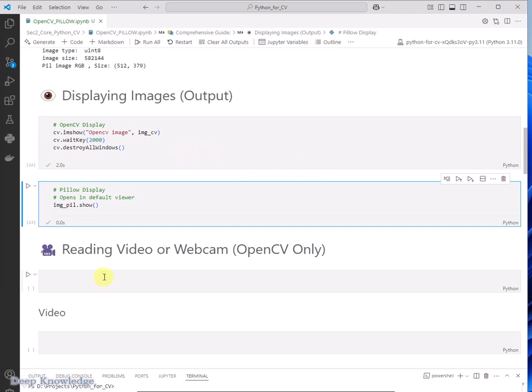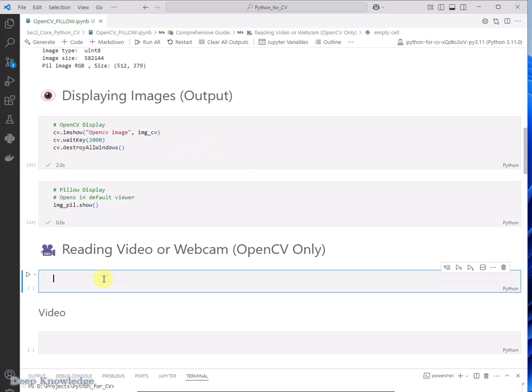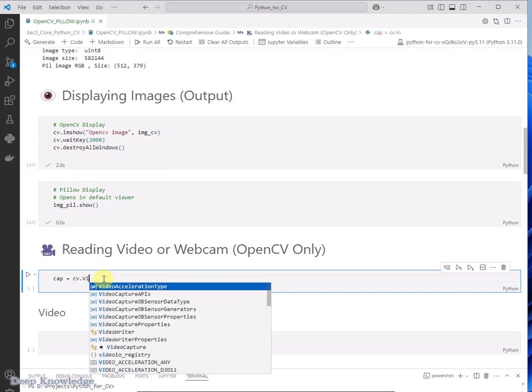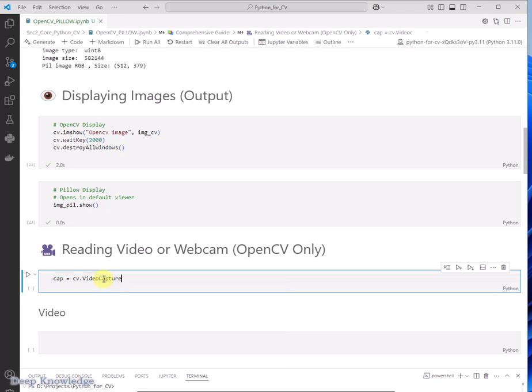Now, the new feature of OpenCV is reading videos or just capturing images from a webcam. This feature is not found in PIL or Pillow. So how to do this? We have to add cap = cv.VideoCapture, and here we need to define the index of our camera, of our webcam, and the default one is 0, and